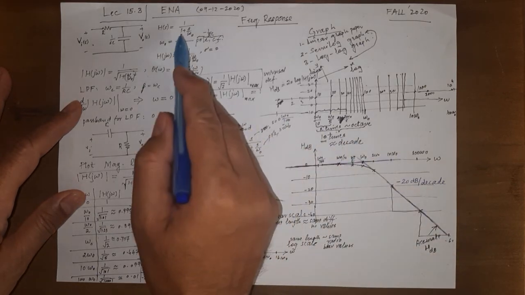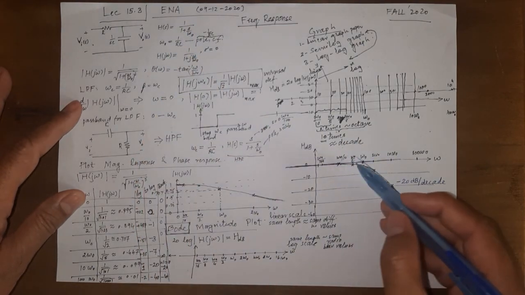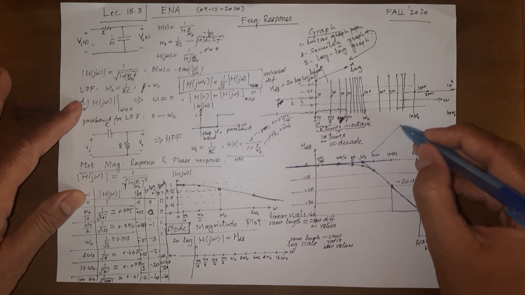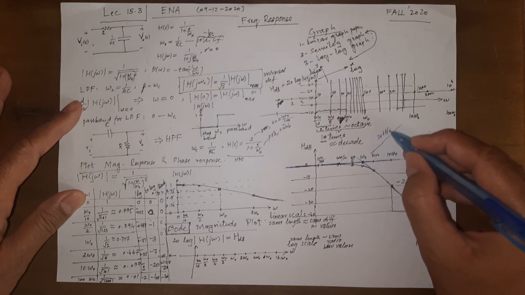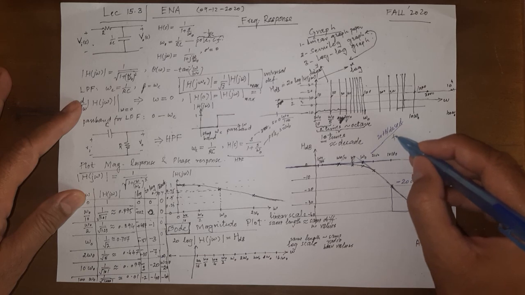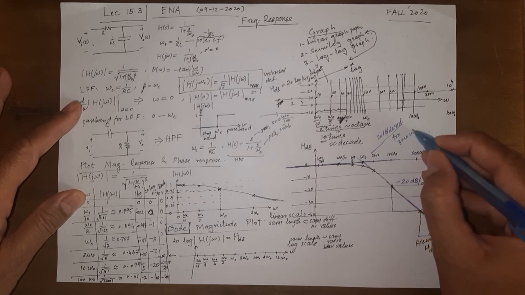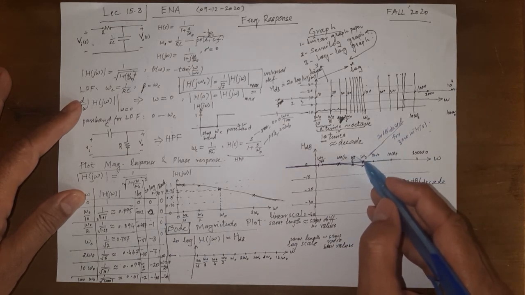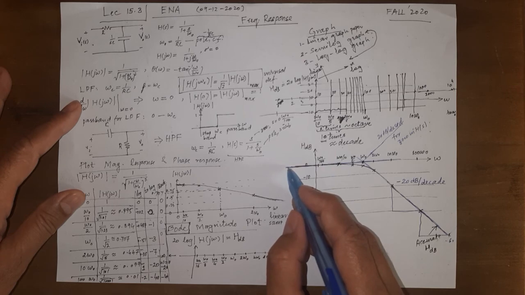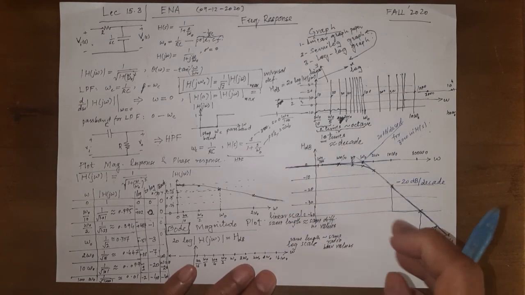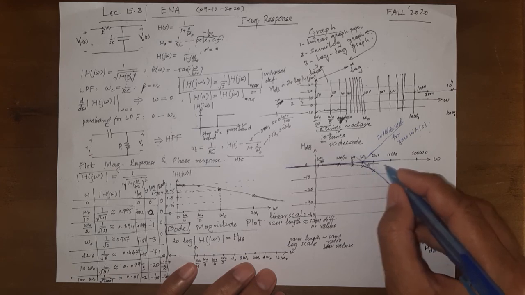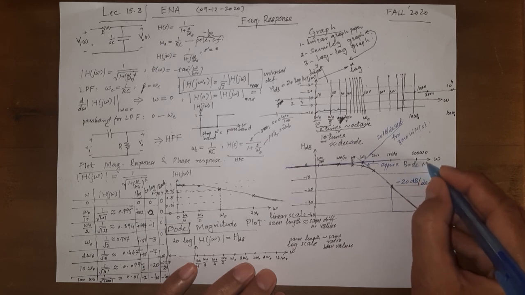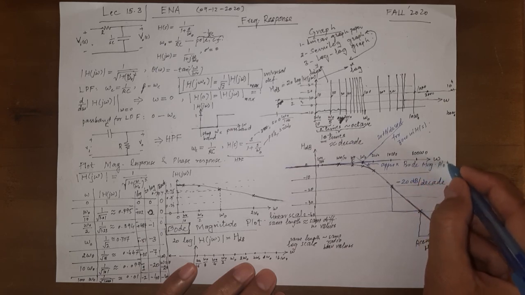Now you can understand that if the same term would have been in the numerator, this graph would be going upward, and we would have a line here with a slope of plus 20 dB per decade for a 0 in H of s or H of j omega, and before that it would be 0. So this part is the approximate Bode magnitude plot, and this was a big contribution.